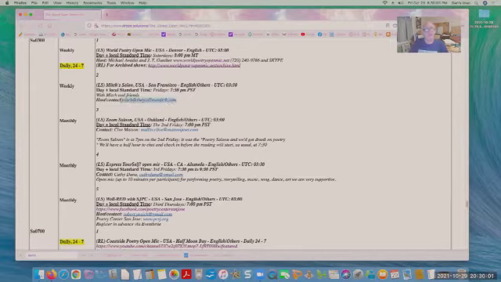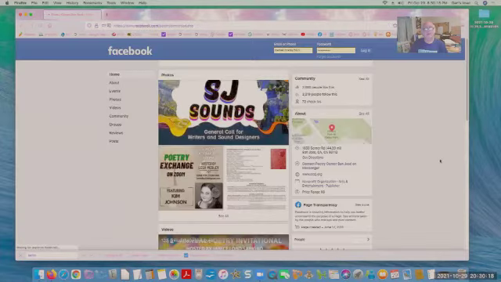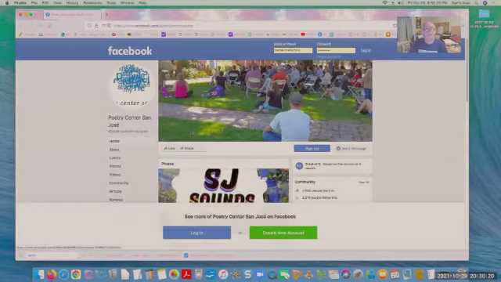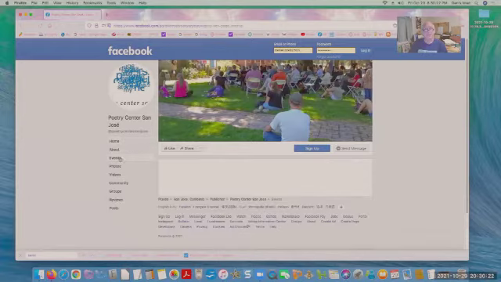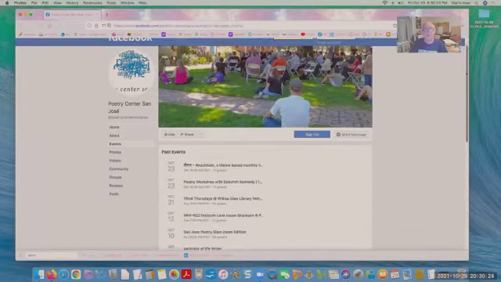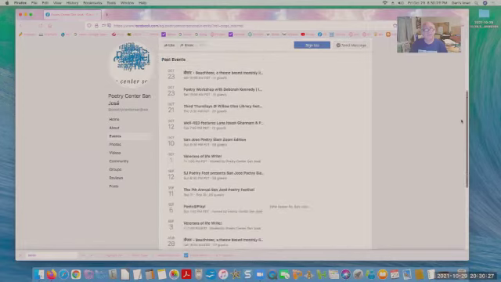Some venues, you email the host in order to get the information for participating, as is true with this one. This one here is an organization. It has a website. Let's go to that. And there it is. You can see it's their Facebook page, with listings for upcoming events.